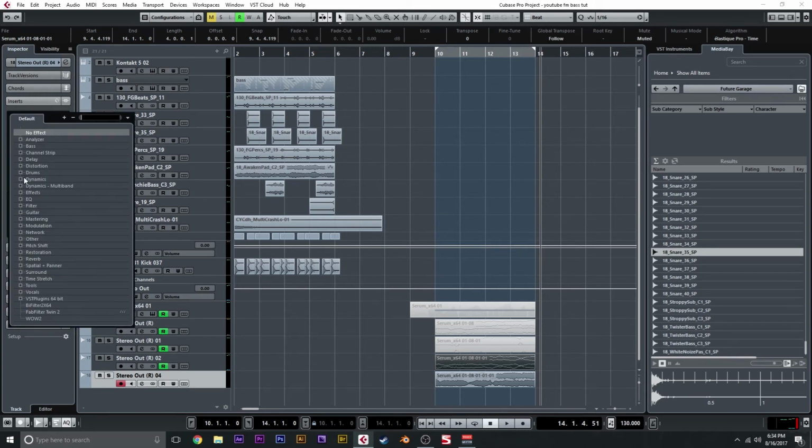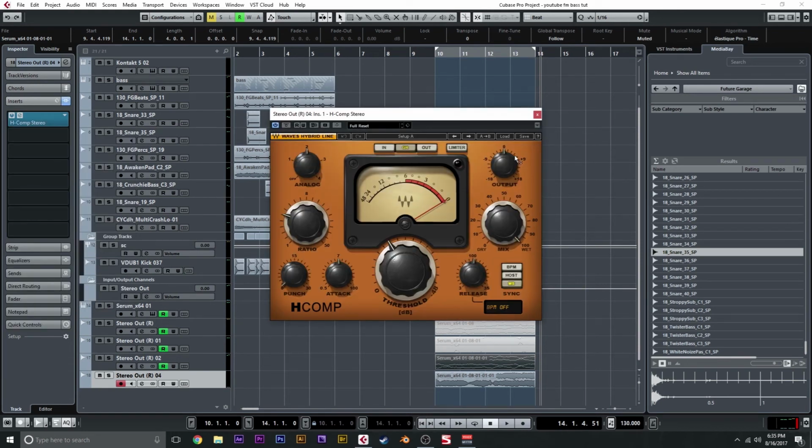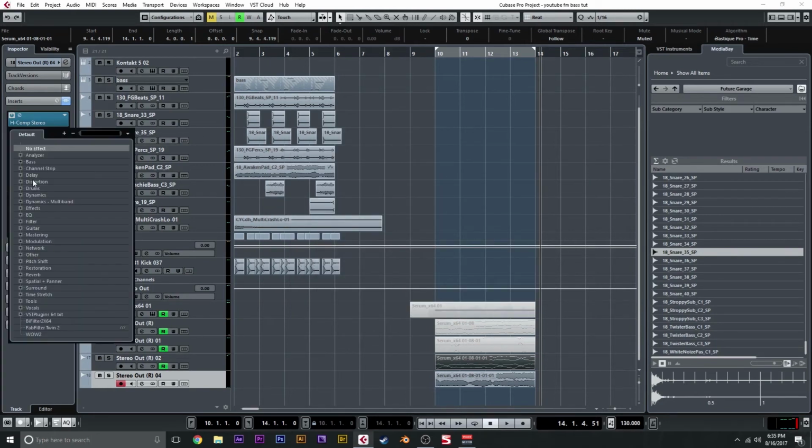So we're gonna go ahead and just grab another H comp here just to kind of keep things nice and glued together. We don't need that much drive though. We're gonna do like +9-ish on this one. Now we're gonna start doing some stuff to get that high end out. So let's go ahead and grab,